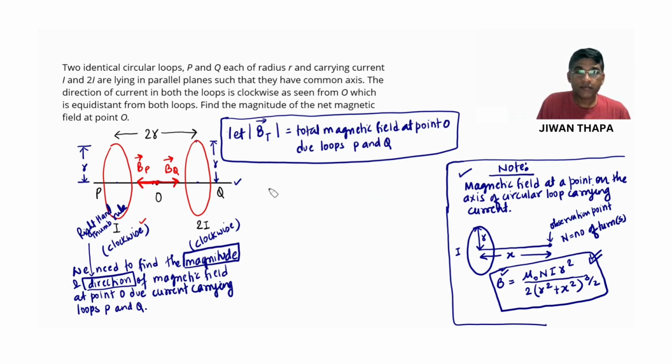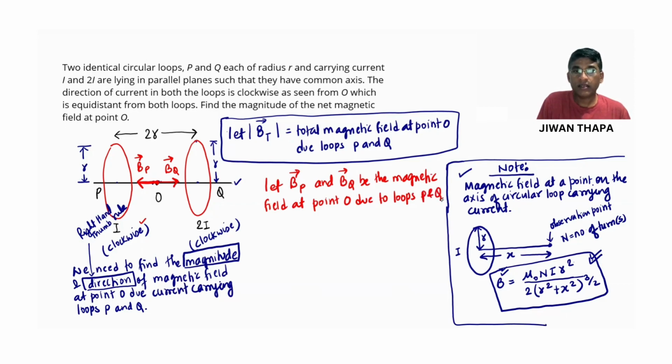So I'm writing, let BP and BQ be the magnetic field at point O due to loops P and Q. So we can see, okay,